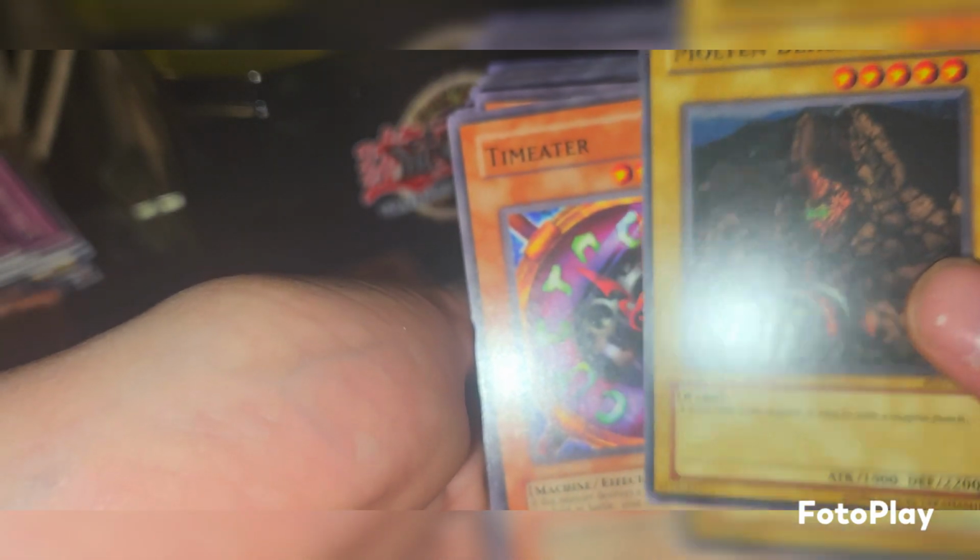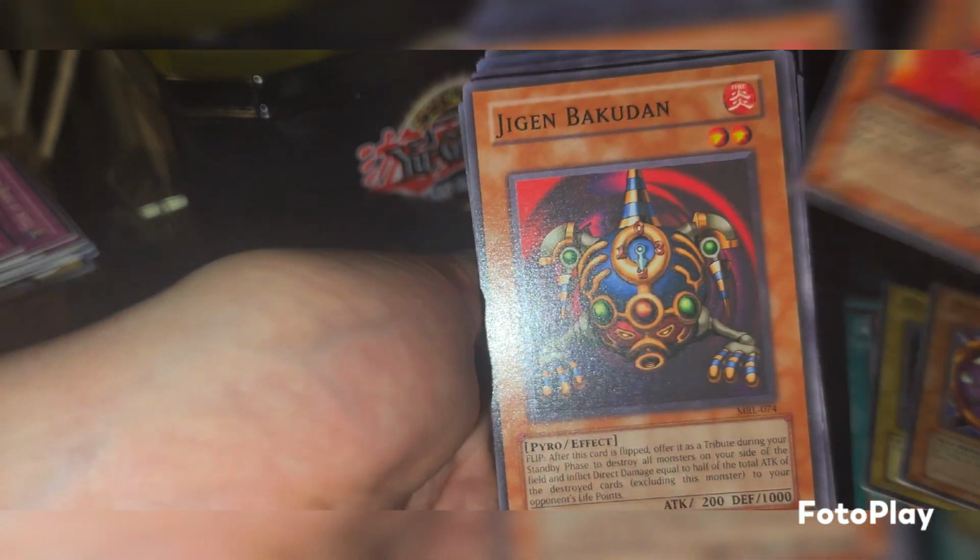Okay, look at the card art on that one, dude. Dude, it's crazy. Gravity axe, twin swords, a flashing light, god of silence, nightmare penguin, homunculus of alchemic being, molten behemoth, time eater, twin-headed wolf, Jigen Bakuden, okay, sword of dark destruction, castle walls, dark hole, white magical hat, 4-starred ladybug of doom,